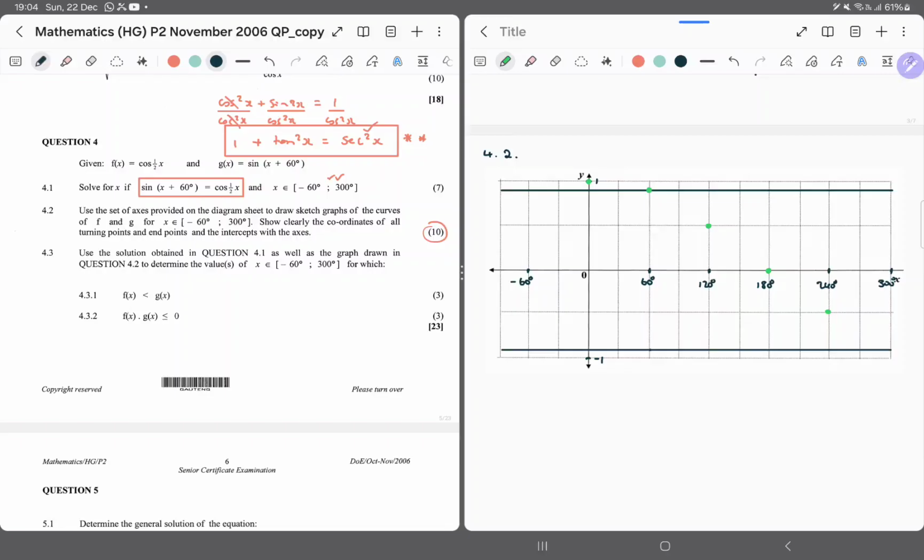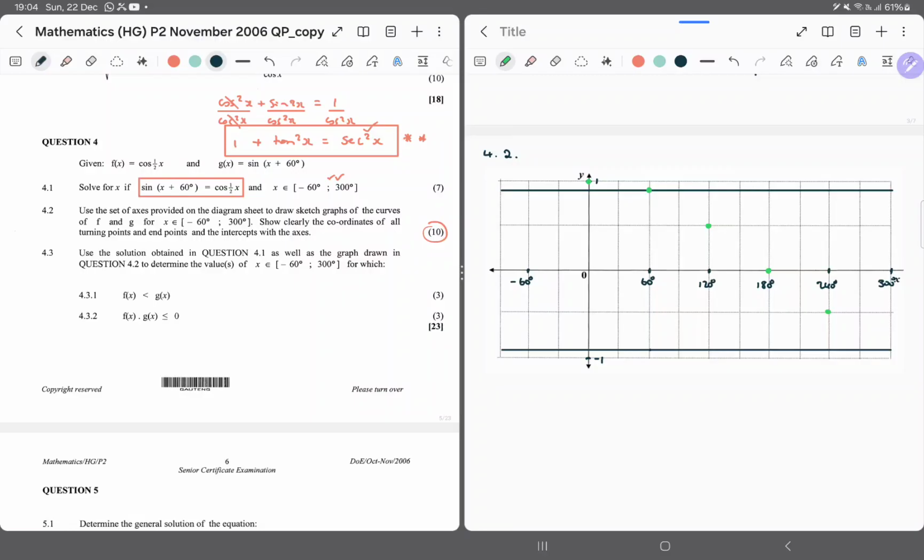So with 300, this is the same as cos of, wait, half of 240. Let me not make a mistake here. Yeah, this is 120. And 120 is reduced to minus 60. 60. So yeah, that should be fine over there. And then 300, half of 300 is 150. Yep, 150, and therefore cos of 150